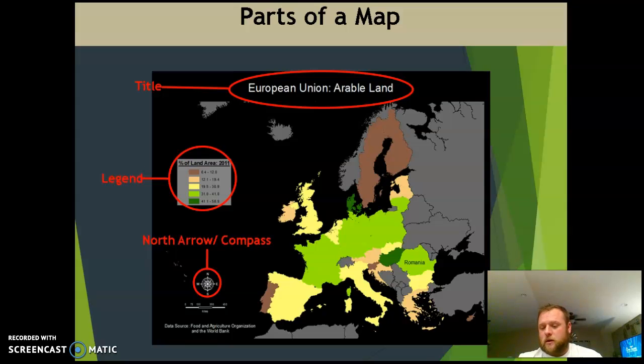If you're in the southern hemisphere, there might be maps that are oriented east. As long as you know which direction is north, you know which way to point it and which direction to go from there. As well, we have a scale bar. So, how far is a unit of measurement? If we were to take a ruler and measure on the map how far Romania is to the United Kingdom or to Ireland, we'd be able to figure that out with just a ruler. As well as